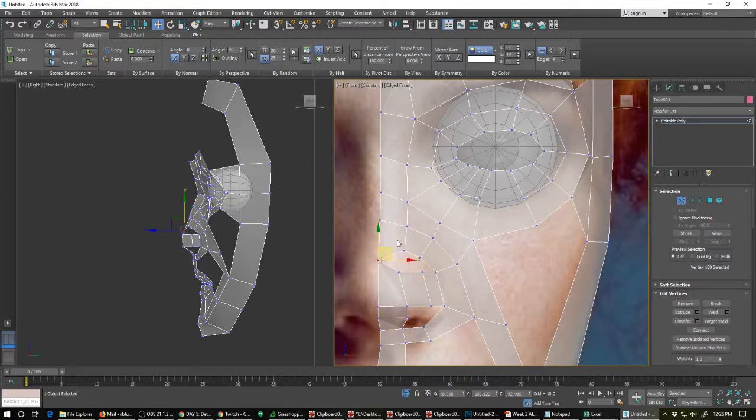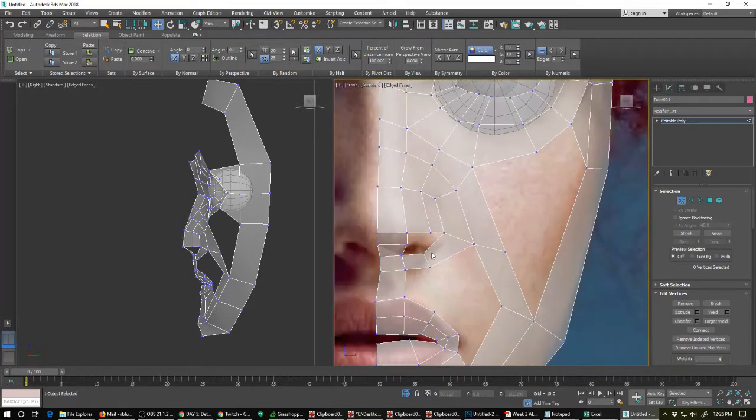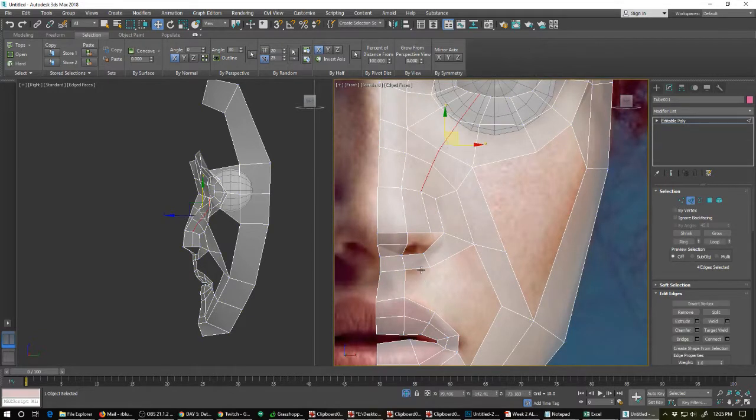So I'm going to bring out this. And again, it's really rough geometry, and I'm okay with that. And so on and so forth. So let's see here. We need to have a little bit more geometry in here. So let's bridge here. Let's try and figure out what's a good way to do this. So sometimes,